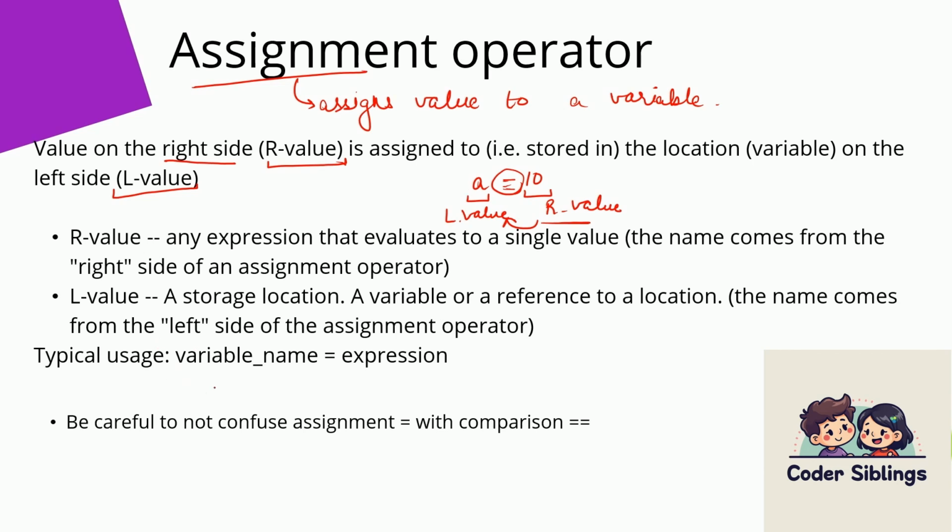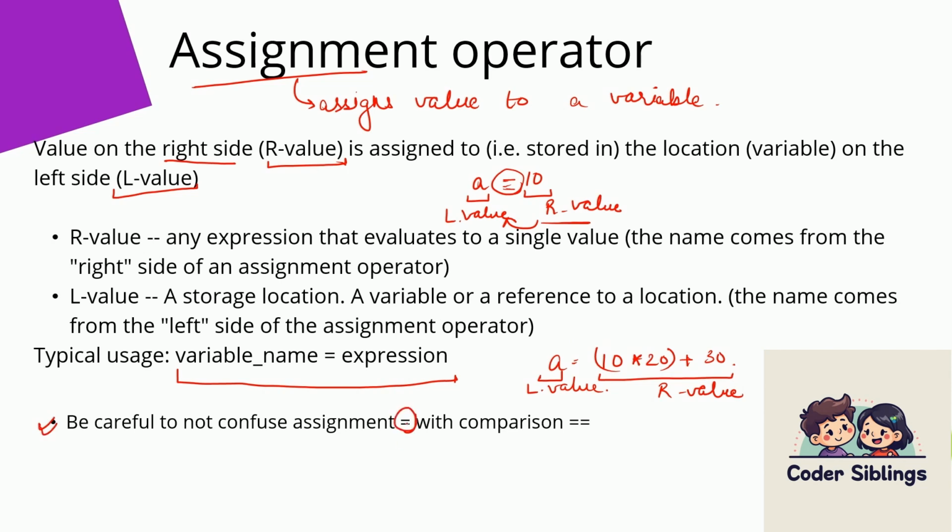So typical usage, as we already discussed, is variable name is equal to expression. So it can also be A is equal to 10 into 20, say plus 30, right? So this entire thing will be known as the R value, which is being assigned to the L value, right? So there is one note written here: be careful not to confuse assignment, which is a single equal to sign,